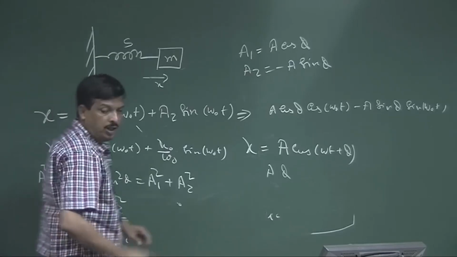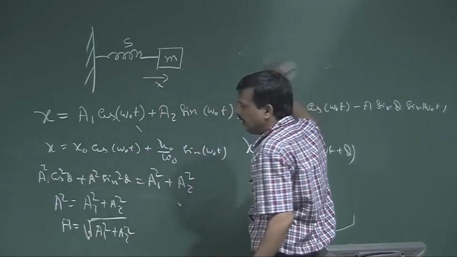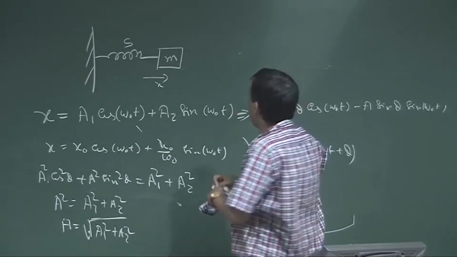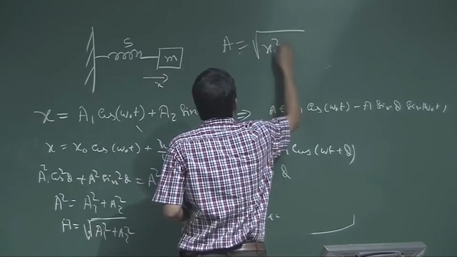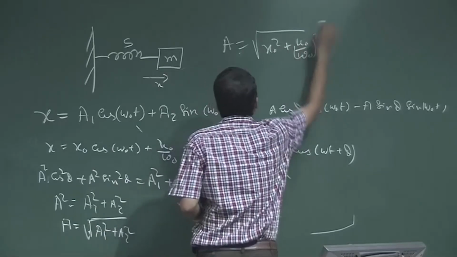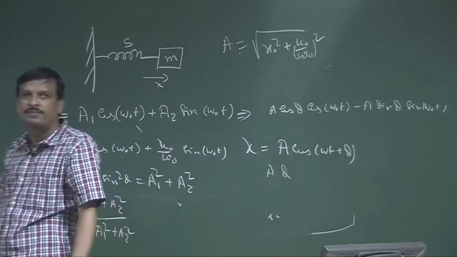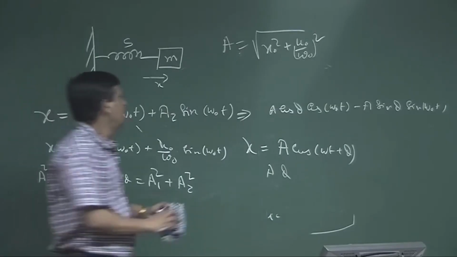Now, what is the value of A1 and A2? A1 is nothing but x0. So, I can say A is nothing but a root over of x0 square plus u0 by omega 0 whole square. Same A. Similarly, if I say